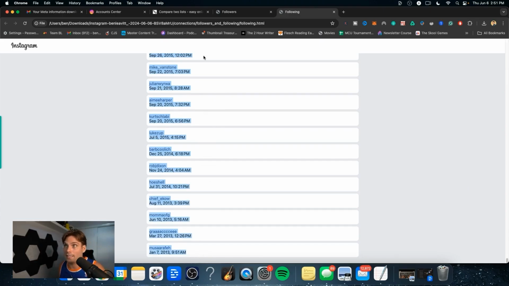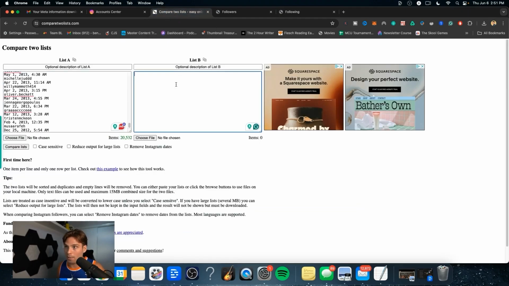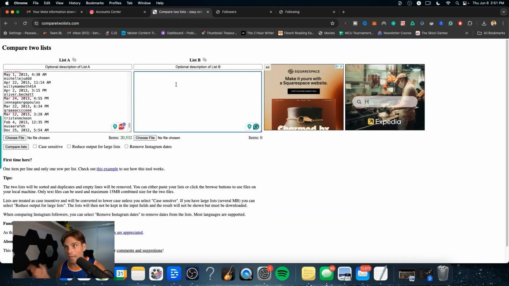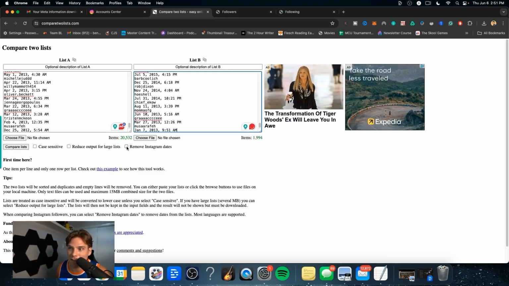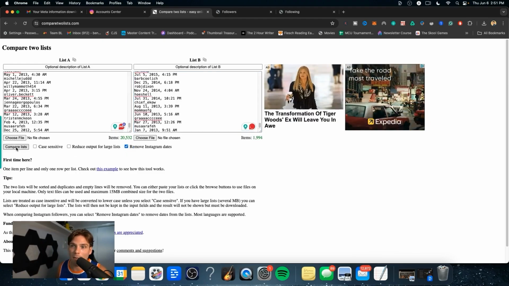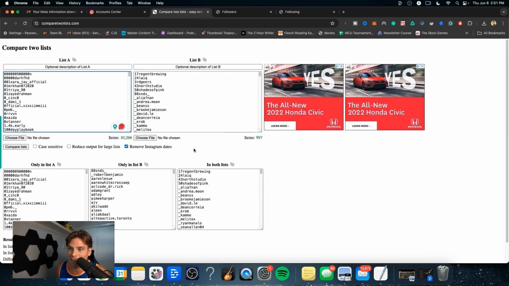And then we're going to Command C to copy this all, or you could right click and copy, go back. We're going to list B, and then we're going to paste it in here. Command V or right click and then paste. Okay. And now we're going to click this for easy use, remove Instagram dates. And then we want to compare the two lists. Okay. So all of these people only in list B are all the people that aren't following us back or